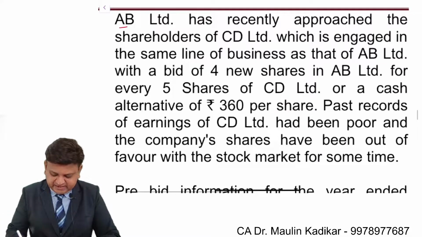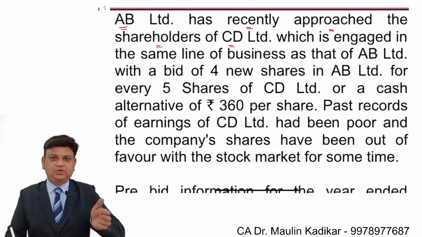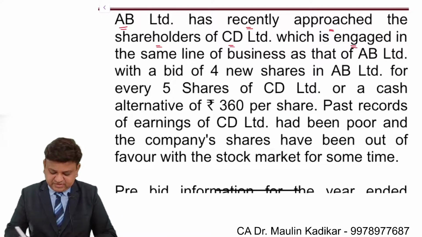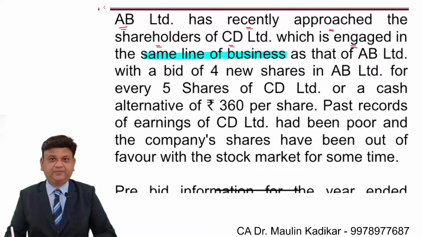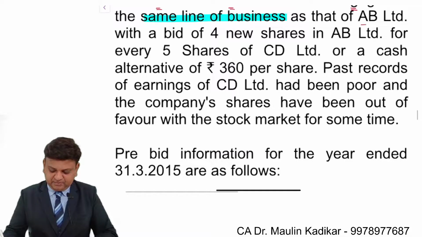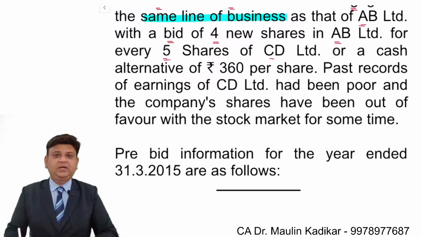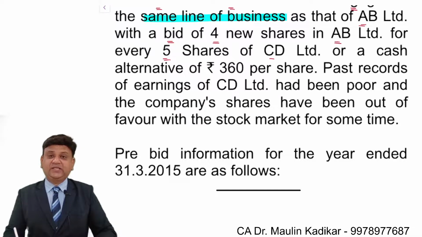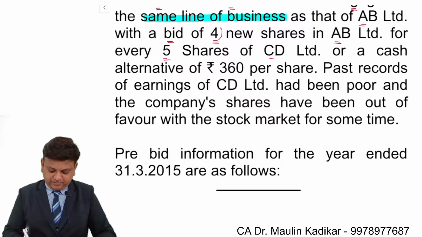AB Ltd has recently approached the shareholders of CD Ltd. So AB Ltd is the acquiring company and CD Ltd is the target company, which is engaged in the same line of business. Both of them are doing the same business as AB Ltd, with a bid of 4 new equity shares in AB for 5 shares in CD. Dear students, it means that the exchange ratio offered is 0.80, that is 4 for every 5,